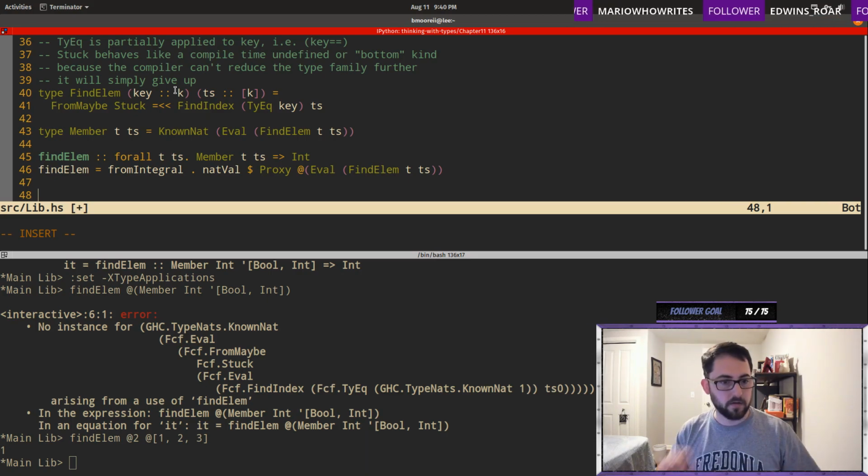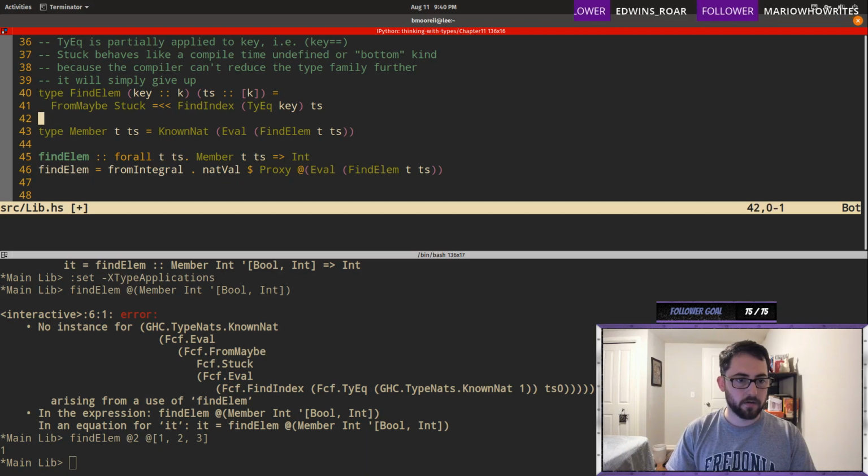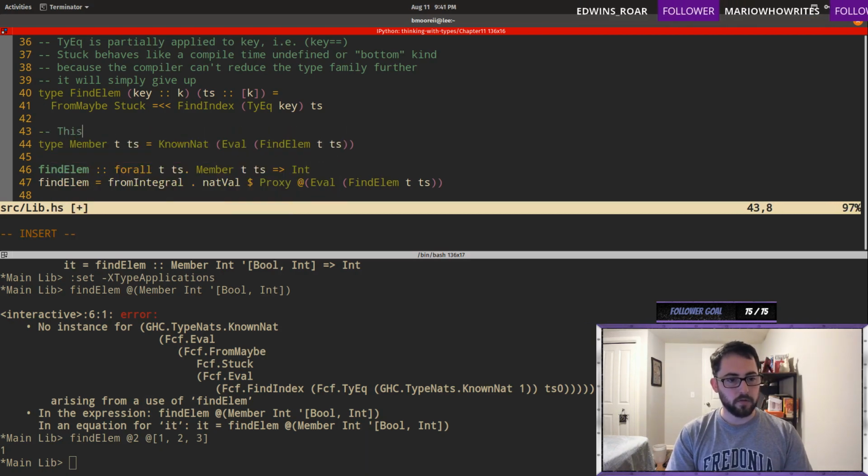Yes. Okay. This is a type family. This is just a wrapper. Okay. Let's write that. So this type wrapper is used to help GHC